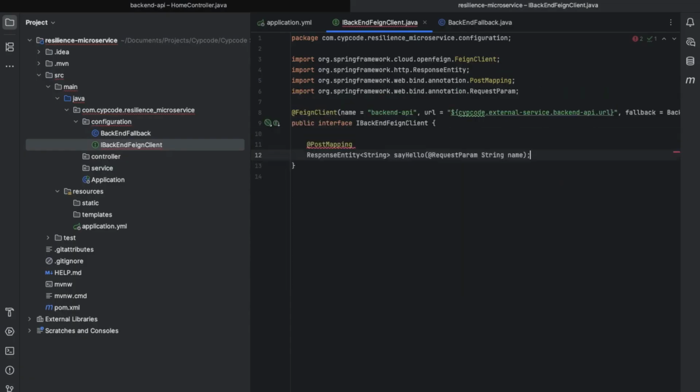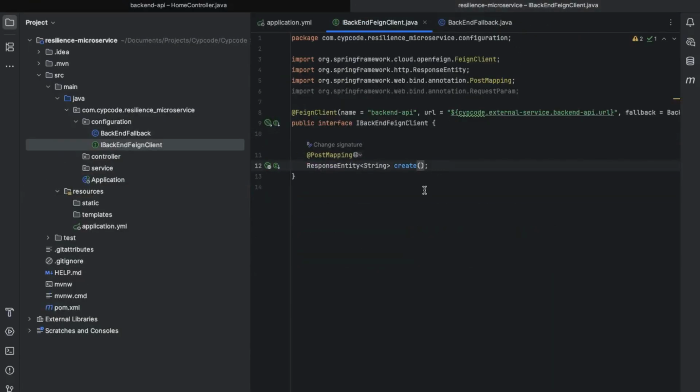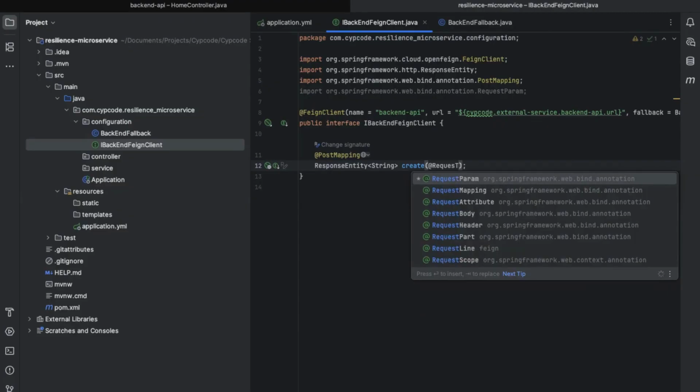We're going to set this as a response entity of string, and we're going to call this create, because we are expecting a string, hence we're making this a response entity of string. We're not going to pass anything in there because this API controller does not expect anything. But in your instance, you might have a request body that is expected, and you can pass that just the